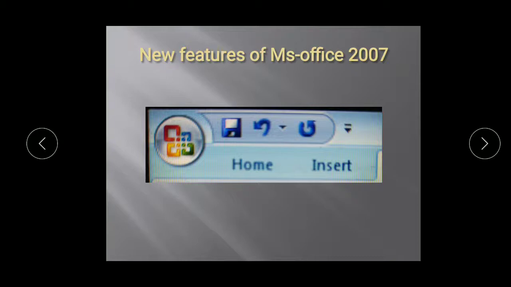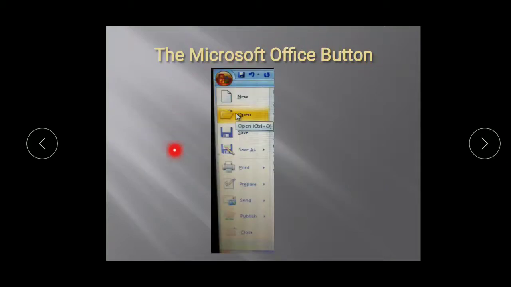So what does this button give you? This button gives you all these related features for working: new, open, save, save as, print, prepare, send, publish, close. These are all the functions for opening or accessing files.